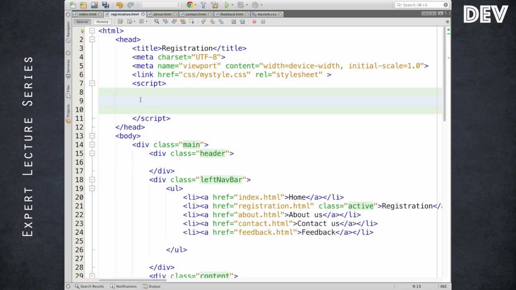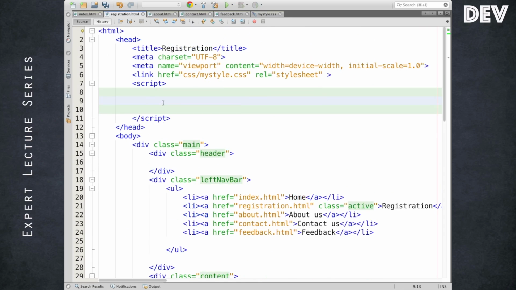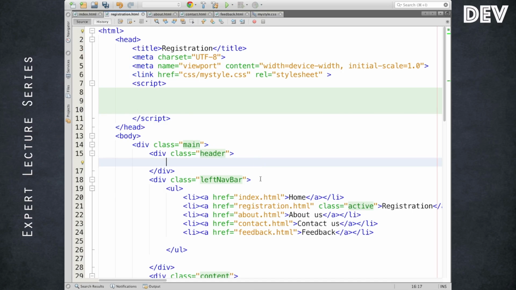So JavaScript code will have control across your entire document. But the point here is, if you are trying to manipulate the left navigation bar when the page loads, you may not be able to do that because the script block is loaded first. After that only the left navigation bar will load. So the timing and the placement will make sense, and we are going to encounter a lot of scenarios. We are going to see why sometimes it is working and sometimes it is not working, and what would be the reason. We are going to analyze it in various sections.